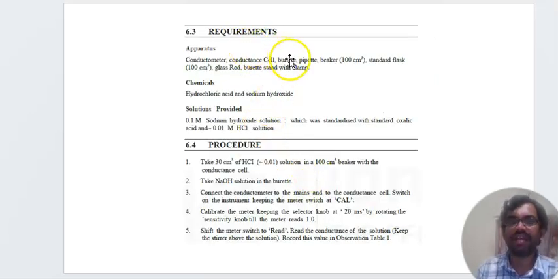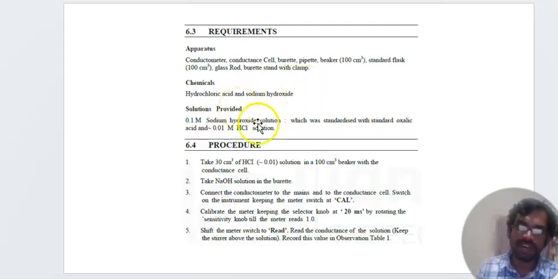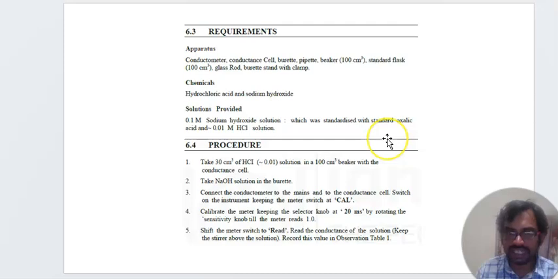Then what are the requirements for doing this experiment? You can see the conductometer, the conductance cells, the burette, pipettes, beakers, the standard flask, the glass rod, and the burette stand with clamp, and chemicals hydrochloric acid and sodium hydroxide. Solutions provided are 0.01 molar sodium hydroxide solution, which was standardized with standard oxalic acid, and 0.01 molar HCl solution. So procedure: take 30